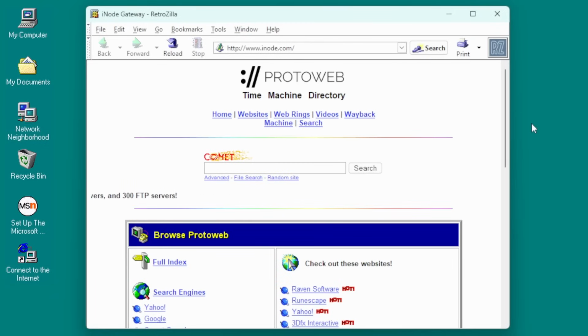Hey everyone, it's Matt, and today we're going to be stepping back in time and experiencing the internet of the 90s and early 2000s. And to do this, we're going to be using something called ProtoWeb, which is a relatively new project that seeks to recreate parts of the internet as it existed back in